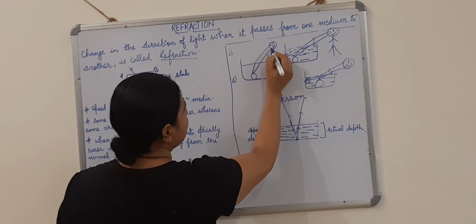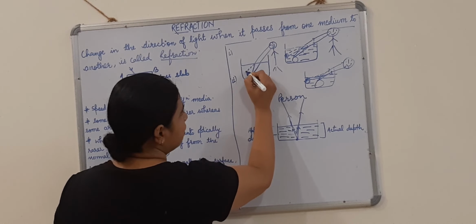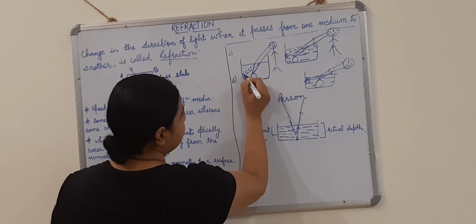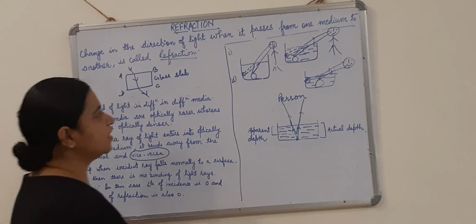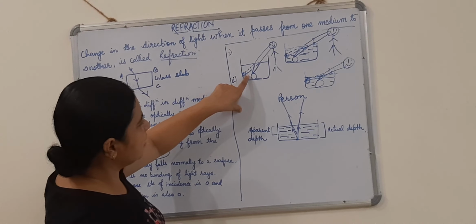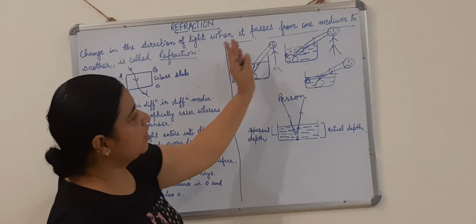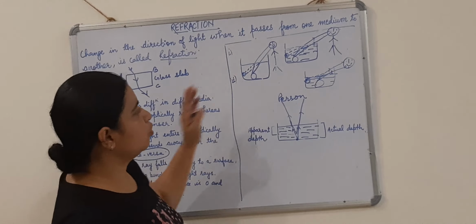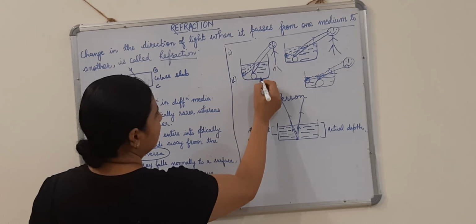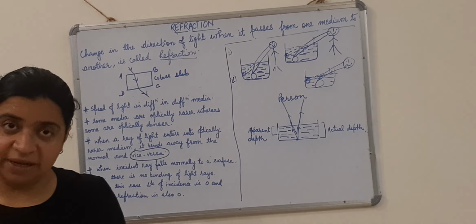But actually, they are not meeting anywhere. So when we retrace the path of these refracted rays, where these refracted rays meet, there you will find the image of the coin. Now you see the image of the coin is not here, but it is here. Earlier the person was not able to view the coin from this position, but now the person is able to view the coin. The reason is refraction of light rays. There is water everywhere, because of which refraction has taken place.